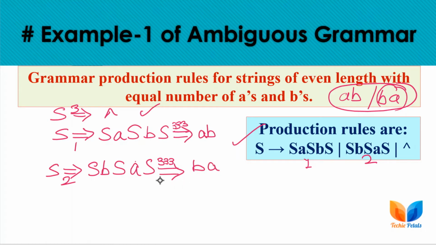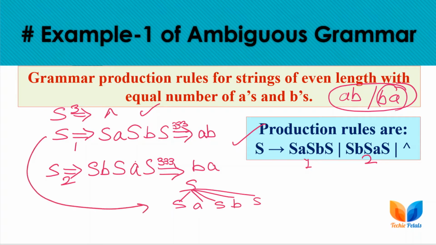The derivation tree or parse tree for this is S, A, S, B, S. After that we replace all these S with null, and for this we have the corresponding derivation tree or syntax tree.